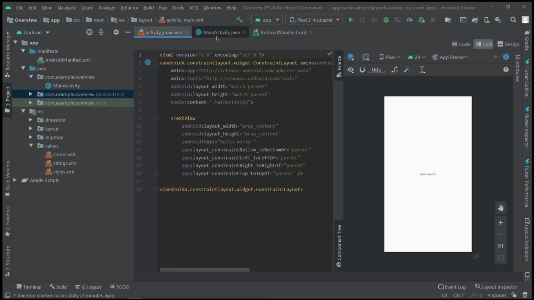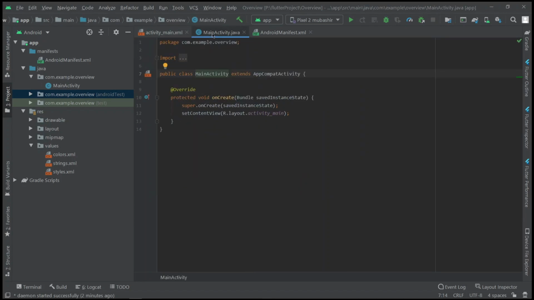And here this is the Java file where you can do all the programming, like when a button is clicked what to be done, when something is clicked what to be done, you can show notifications. Okay, so all that will be in this main activity. So the XML file only does the styling work, which you can see on your screen or your app. All the things will be done in this activity main.xml. And how your app reacts will be done in this main activity.